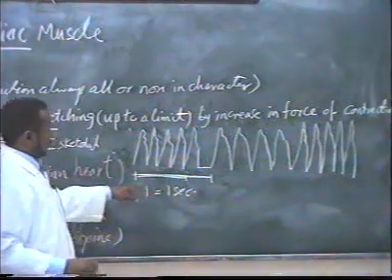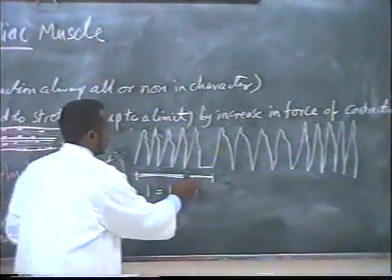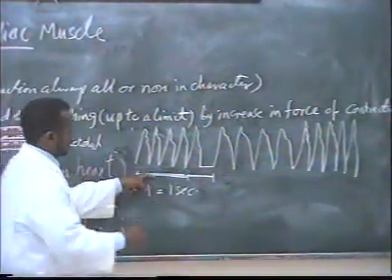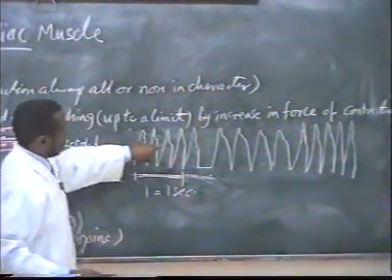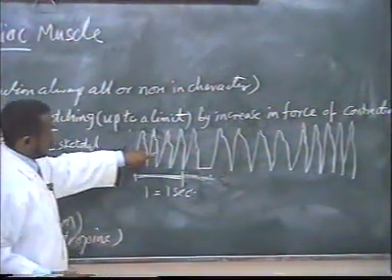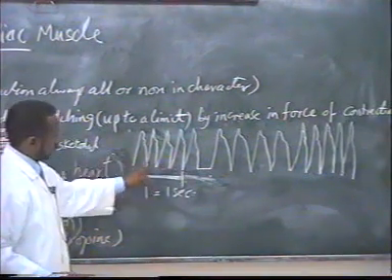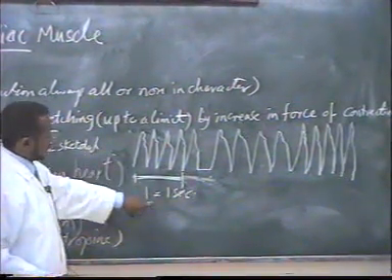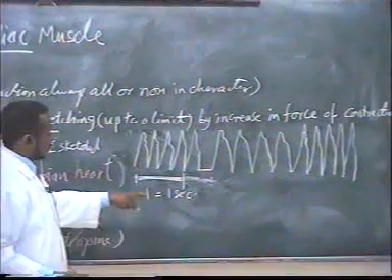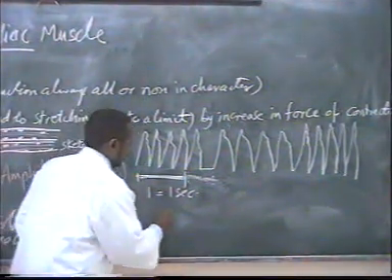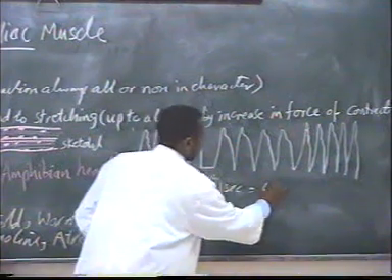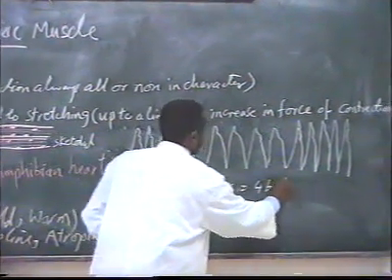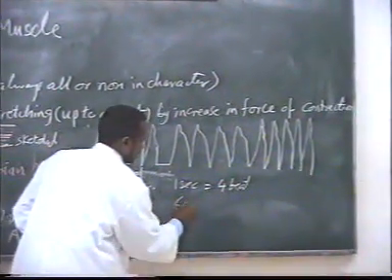So we measure 1 centimeter, and then we count the number of beats in 1 centimeter. For example, if I get 1, 2, 3, 4 beats every second, that means in 1 second, 4 heartbeats. In 60 seconds,